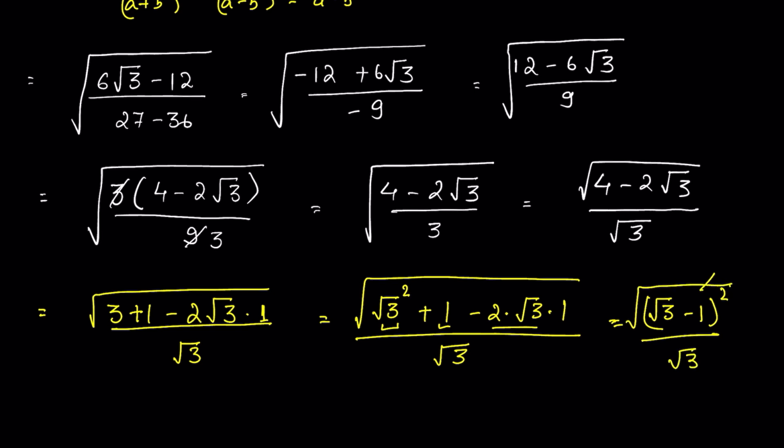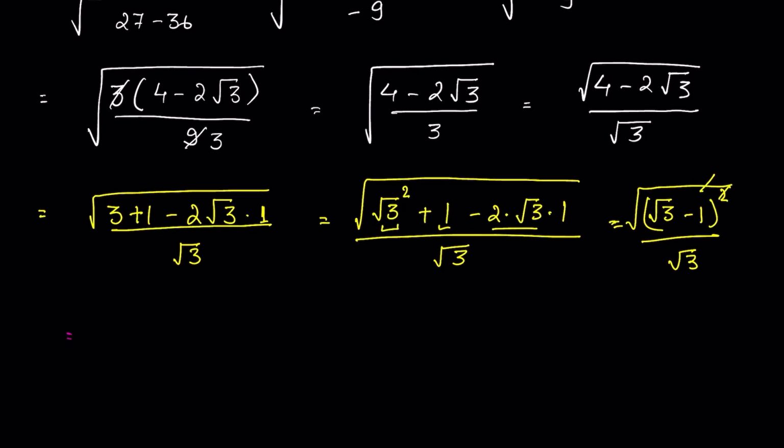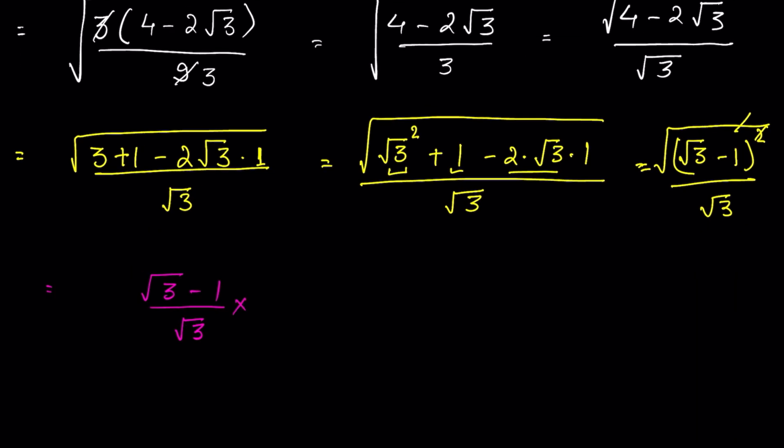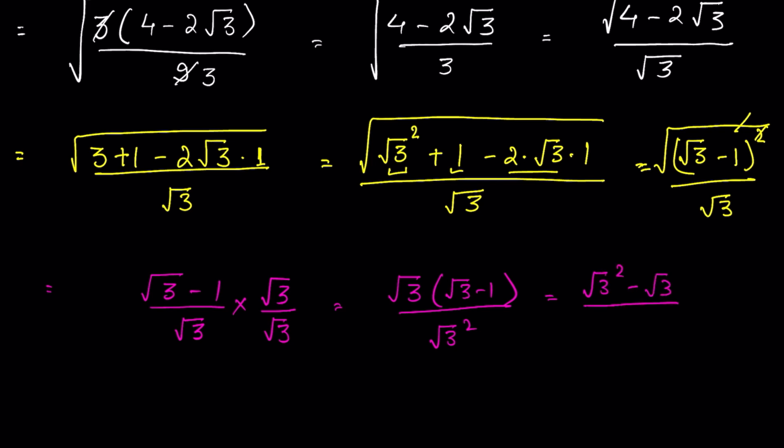Now we remove the square root with this square, so we have square root of 3 minus 1 upon square root of 3. Now we cannot have a radical in the denominator, so we rationalize the denominator, so multiply and divide it by square root of 3. So square root of 3 times square root of 3 minus 1 upon square root of 3 square, so square root of 3 square minus square root of 3 upon 3, again square root of 3 square is 3, so